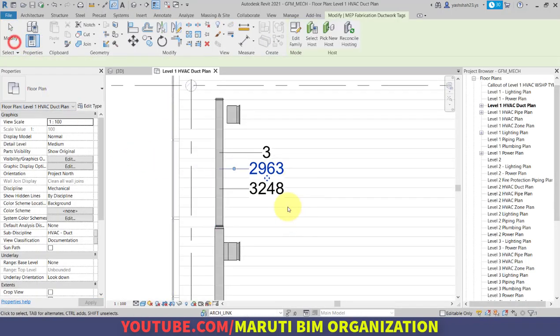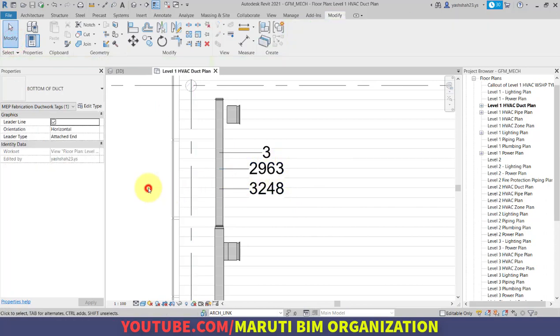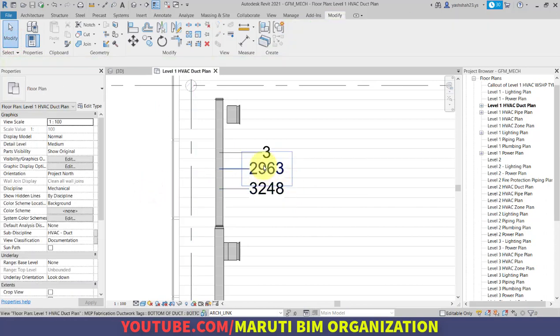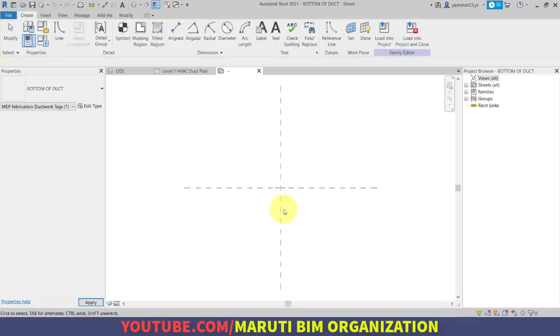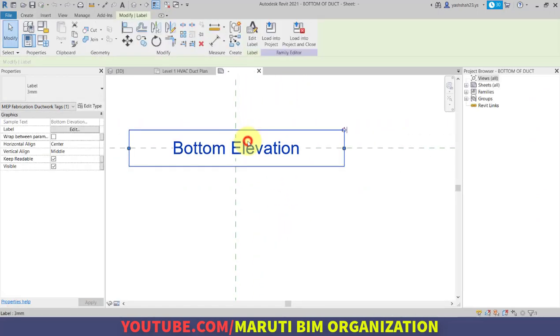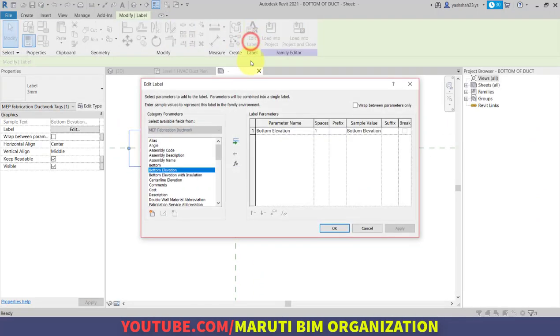Now here there might be confusion between the duct length and bottom of the duct. So what I will do, I will select bottom of the duct tag, go to the edit family, and I am selecting bottom elevation, edit label, and here I am applying the prefix bottom of duct space double dot space.